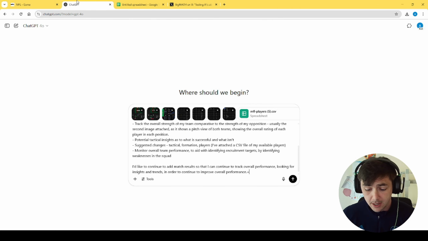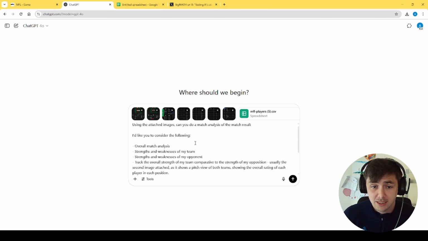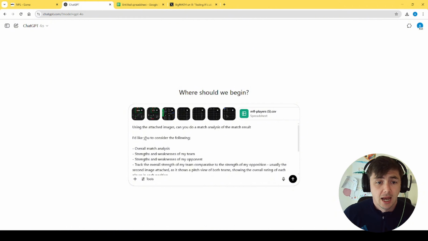So here we are back with the AI tool. All the images are in place. The CSV file's ready to run there. Here's a list of the copy, but I'll just give you a rough idea. So I'm asking it to analyse the images that are attached. Can it do a match analysis? And I've given it a load of